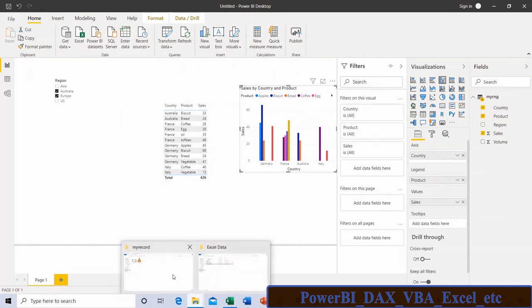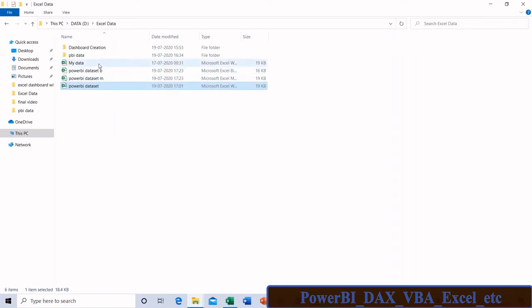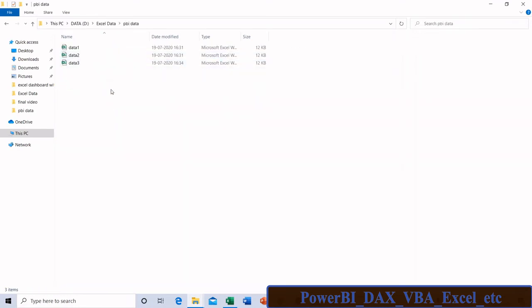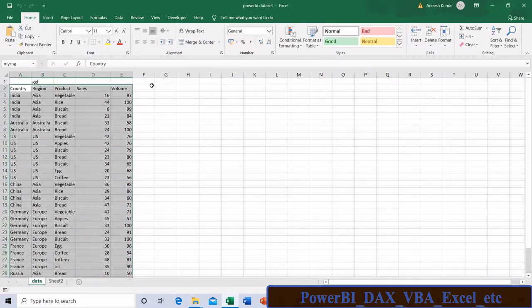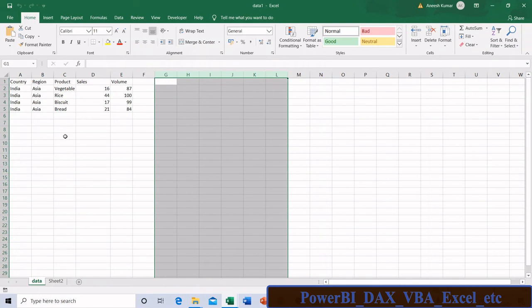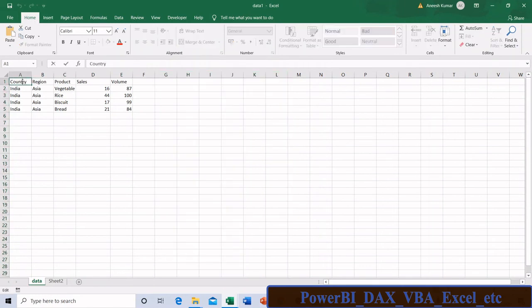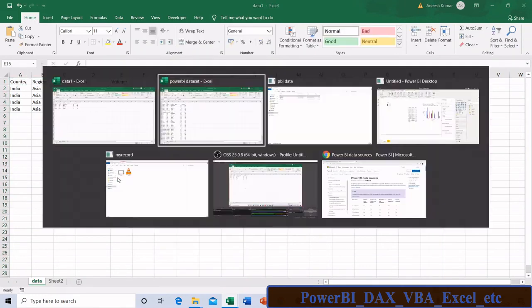suppose we have our data in a folder, means we have 3 different files or 50 different files, and these files are kept in a folder. If I look at this data 1, it is only having the country India data.